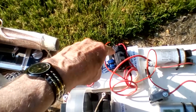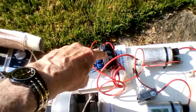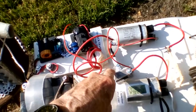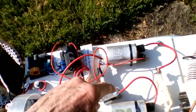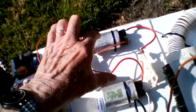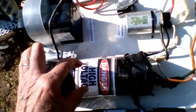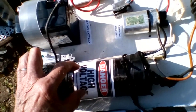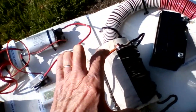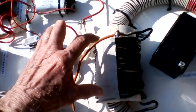transformer. That produces 5,000 volts at 25,000 hertz. It goes through this and then through this spark gap, that's an actual spark plug there, to these two capacitors on either side of it. That flows into this device, which is a Tesla bipolar extended coil. And that goes into this coil, which in normal terms is an L1 coil, and